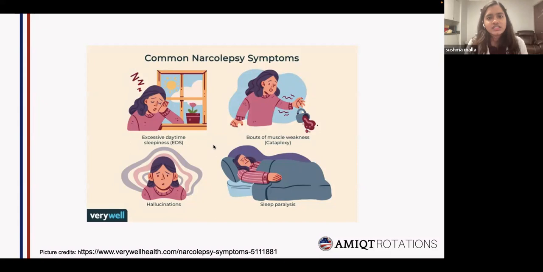One patient that I met had REM sleep, rapid eye movement sleep, that started within 5 minutes of her going to sleep. Because of the very small gap, she usually can't differentiate between reality and her dreams, and she has a lot of dreams as well. After waking up the next day, she could not possibly distinguish between what is real and what is a dream. So she has to take the help of her kids every day to go through everything that happened the day before, so she could distinguish between what was real and what was just her dream.